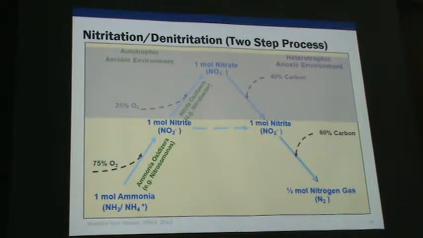And so some of the earlier forms of side stream treatment cut it off at this point and went to nitrogen gas from nitrite. What it does is save this amount of oxygen and this amount of carbon by using this split flow